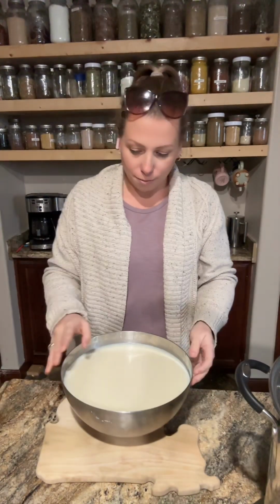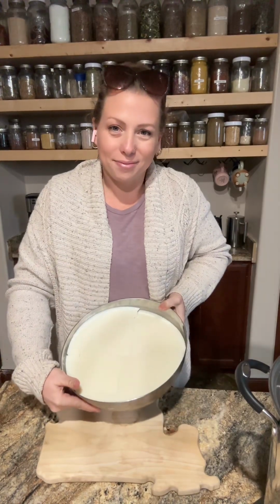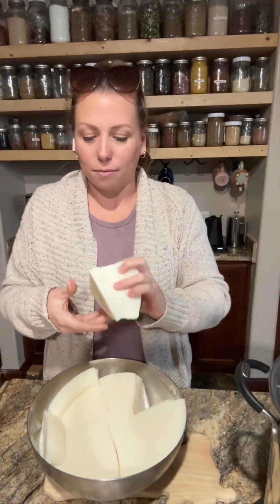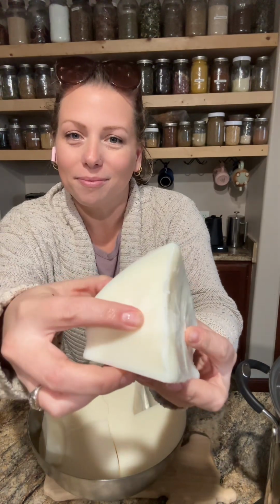My house is like 75 degrees, 77, kind of depending. So that first bowl is the one that was cooled on the counter, and it's soft because it never fully cooled all the way down. It did solidify, but it doesn't take a lot of heat for tallow to start melting. So that's what happened. Now this tallow here, you can see it's fracturing because it went from the cold freezer